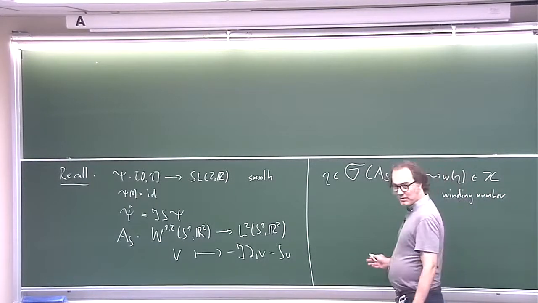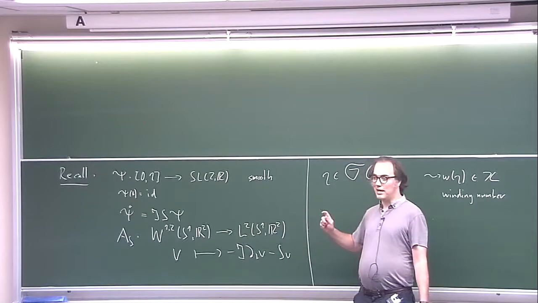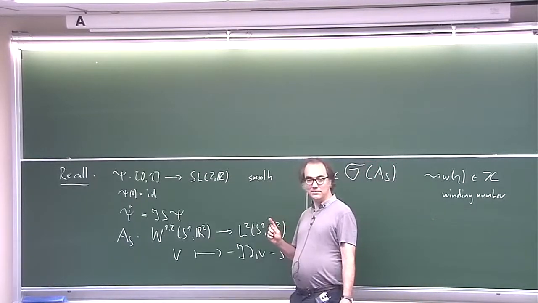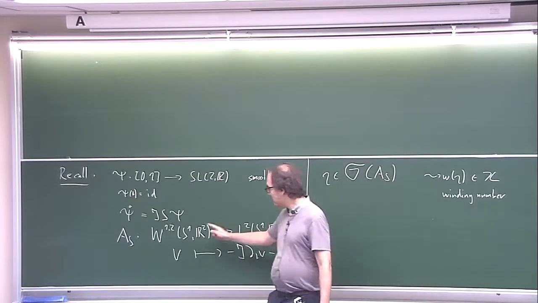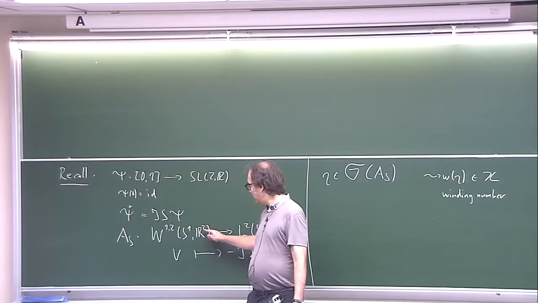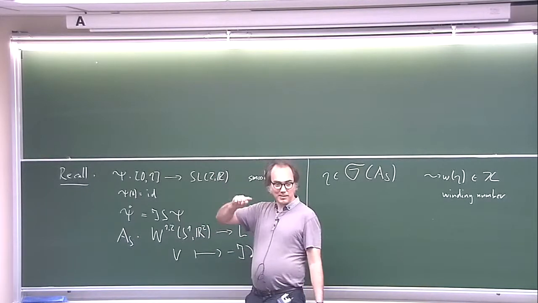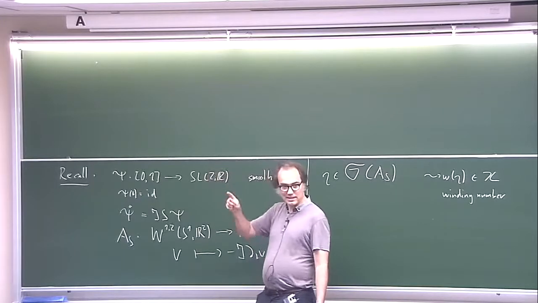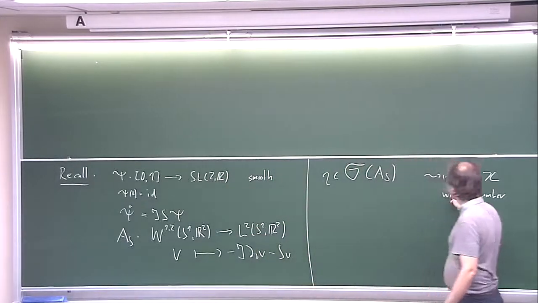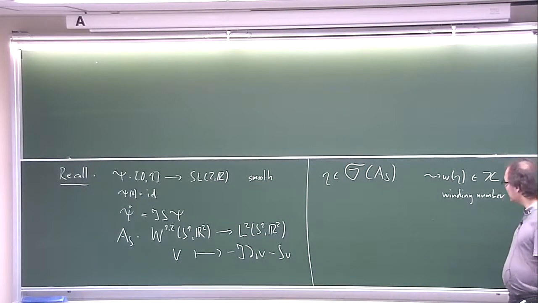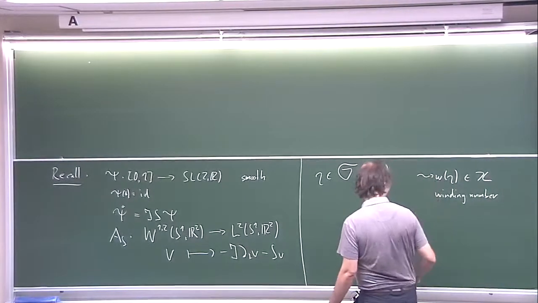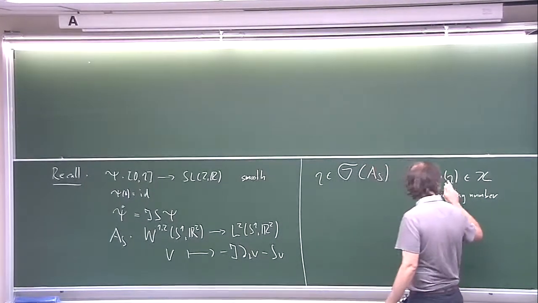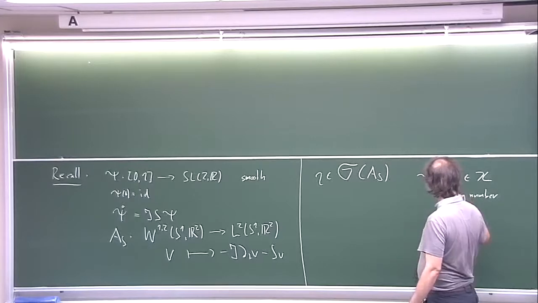We first associated the winding number to an eigenvector. So an eigenvector is just a non-vanishing map to R^2. So we normalize. So we have a map from S^1 to S^1, and we take the degree. And then we showed that it doesn't depend on the choice of the vector. And so because this winding number only depends on the eigenvalue,